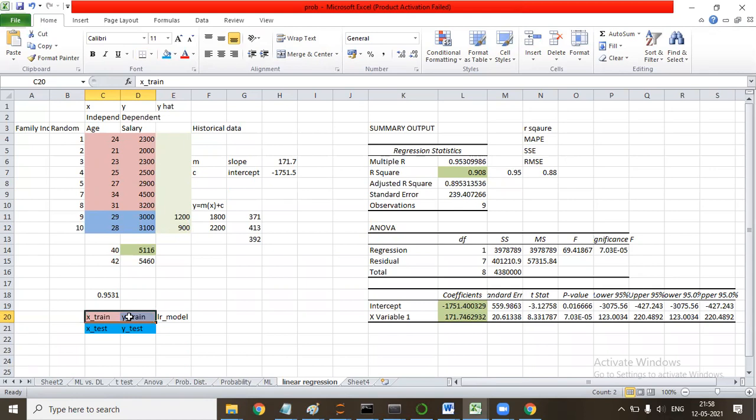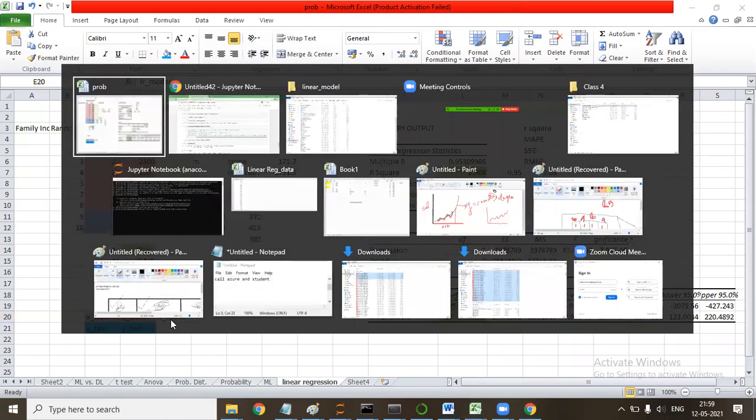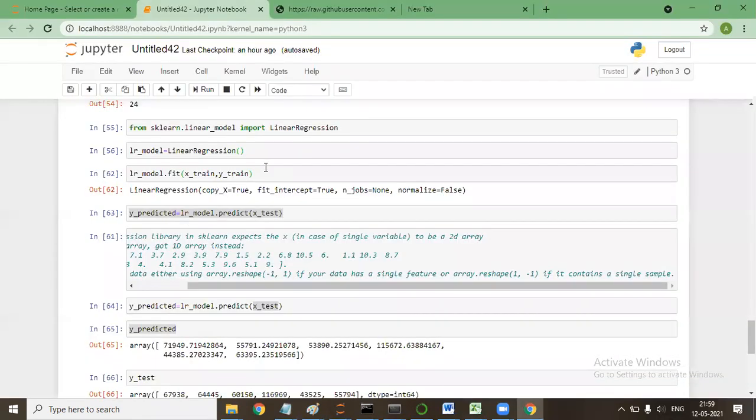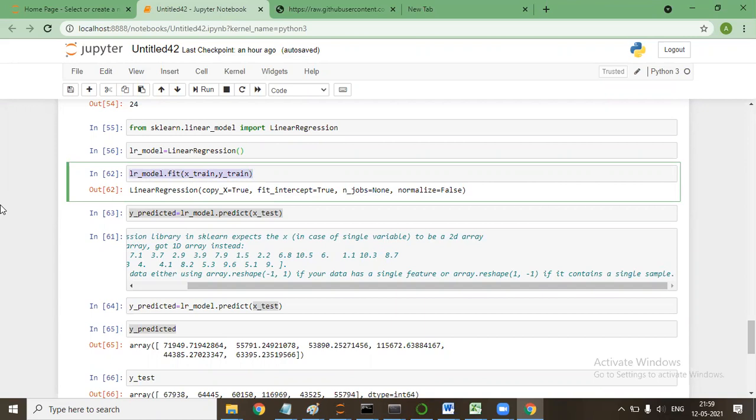Can you please show which code is actually making the model? The LR model is equal to linear regression. So this is the model that we have made. It means the CSV file that we uploaded?